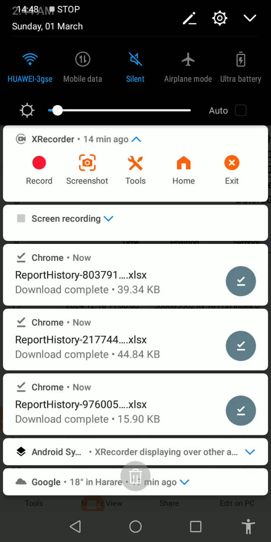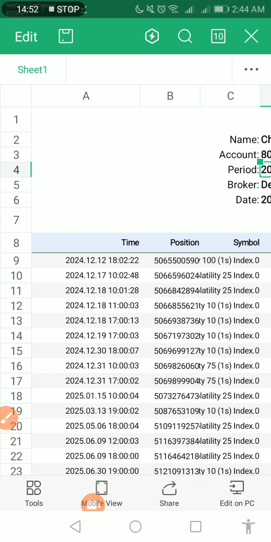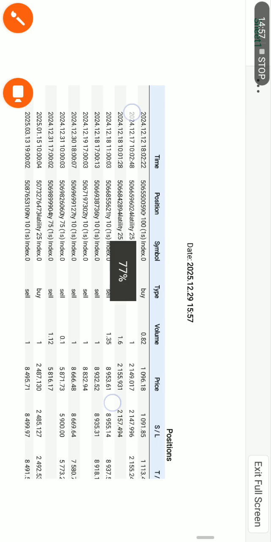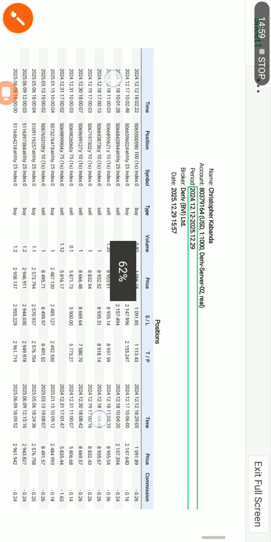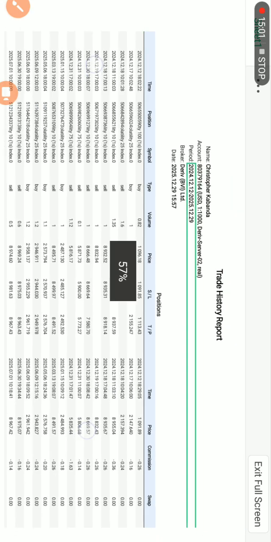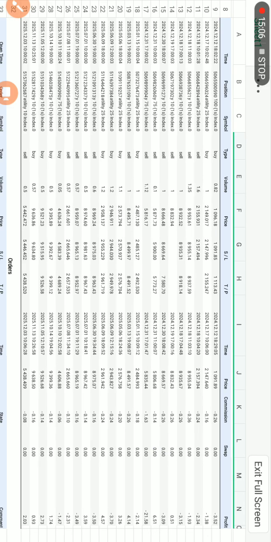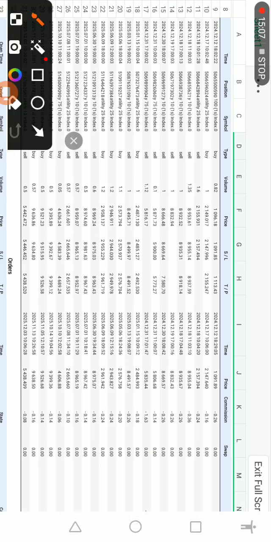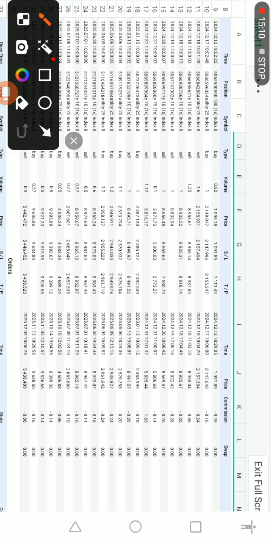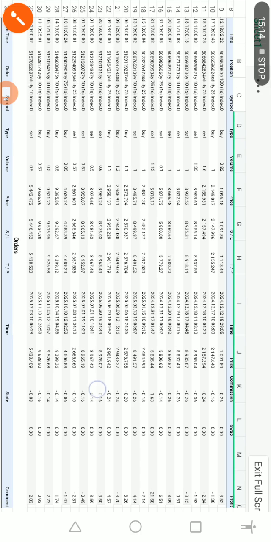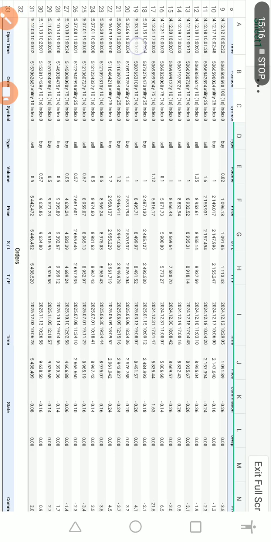So you can take screenshots of the statements I'm showing here, for those who want to compare the performance with that of the performance sheet which I showed earlier on that screenshot. Okay, so remember, for this one, the BVI FSC account, it's a commission based account, so you will have to,